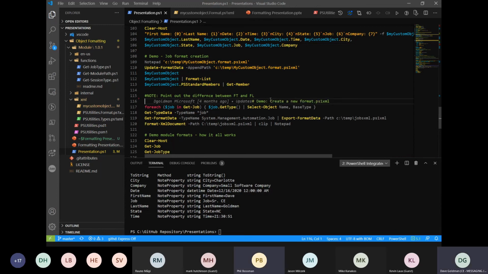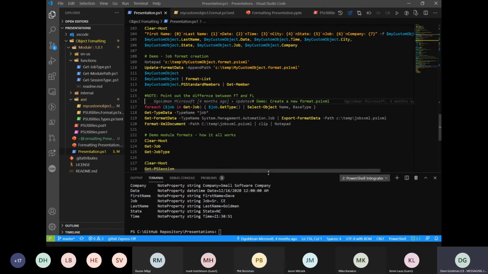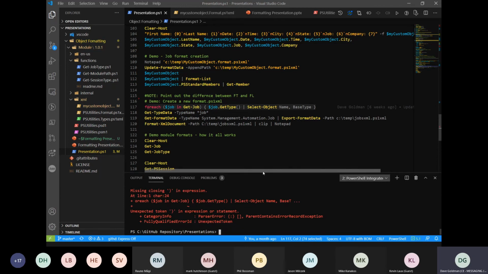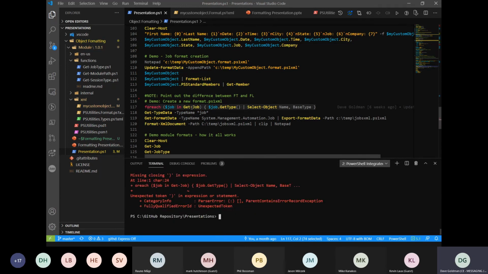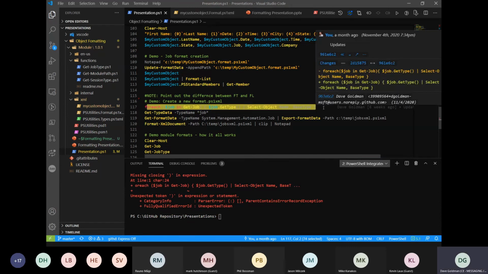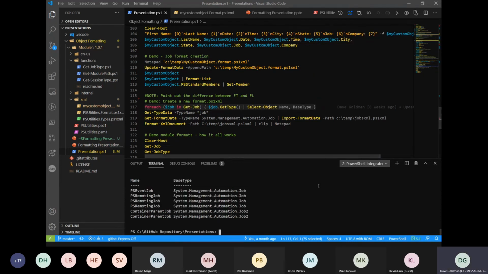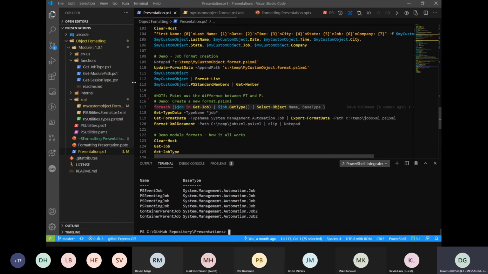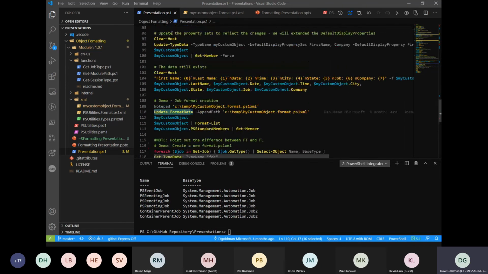Cool. Now I'll show you how to duplicate these, and then I'll do it in a module. So if I dump out for each, and what else is not working here? Okay. So earlier I ran Git process, and I created a couple jobs. And now here I'm going to allude to how I created the one for my module. The way it works for a module is that in a session, you run update format data and you run update type data.